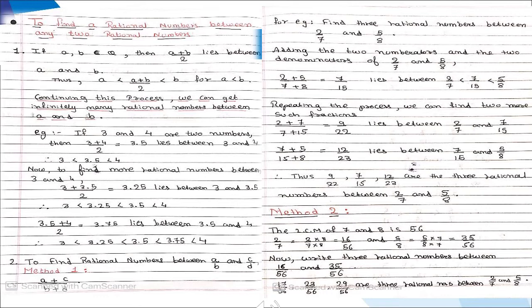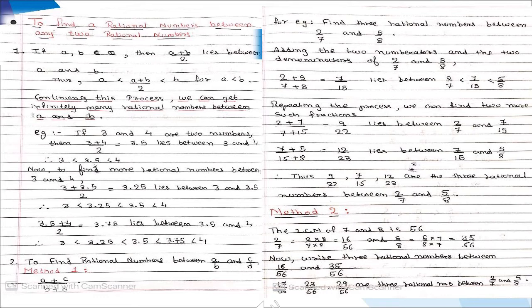Now with the first fraction 2 upon 7, to make 7 as 56 you need to multiply by 8. In maths there is a rule, whatever change you do you have to do on both sides. So 2 upon 7 becomes 16 upon 56. And similarly 5 upon 8, when you multiply by 7 above and below, it becomes 35 upon 56. So now you have made the denominator the same. So 2 upon 7 is now 16 upon 56, and 5 upon 8 is now 35 upon 56.